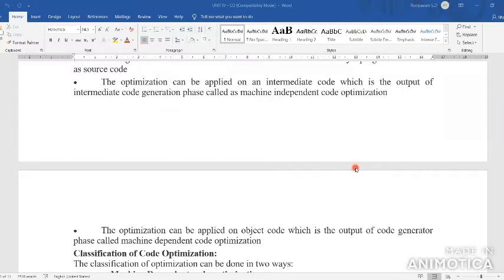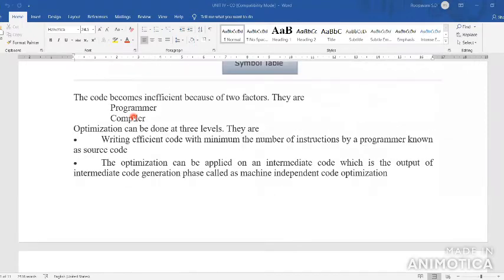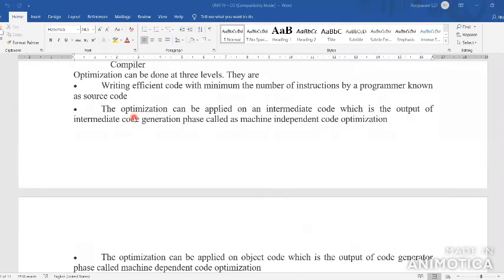So these are the three levels of code optimization. The first level is writing efficient code with the minimum number of instructions by the programmer. The second level is that the optimization can be applied to the intermediate code, the output of the intermediate code generation phase, called machine independent optimization.